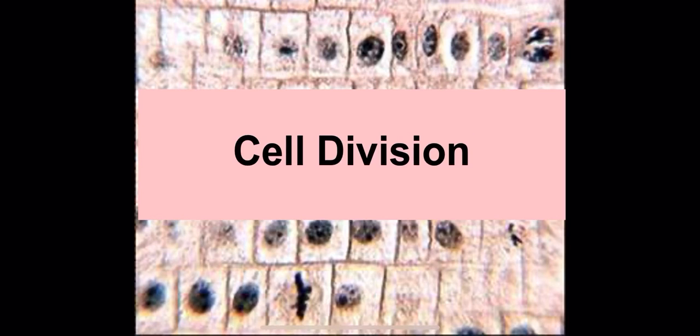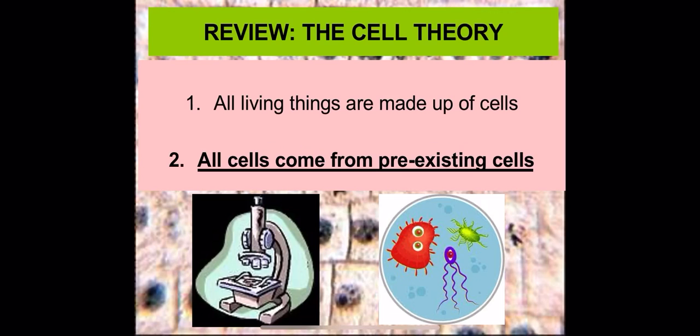All right, guys, today we are talking about cell division. So really quickly, just to backtrack on things that we actually worked on while we were together in school at the very beginning of the semester, we talked about the cell theory and the different scientists who contributed to the formation of the cell theory. But specifically, what does the cell theory tell us? It tells us that all living things are made out of cells. Cells are the basic unit of life, and you can only get cells from pre-existing cells, so cell division, essentially.